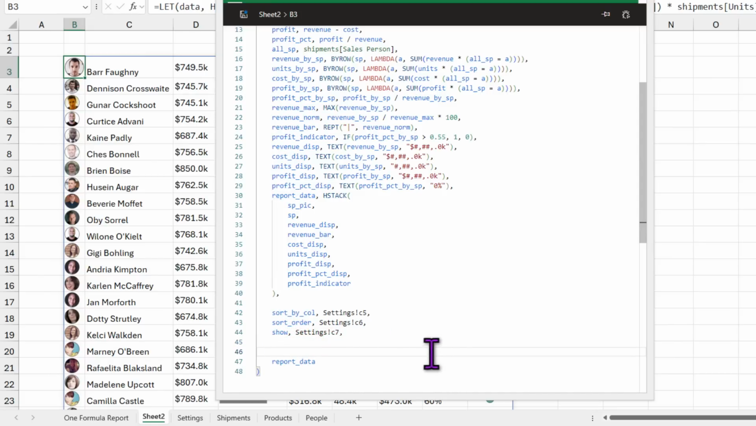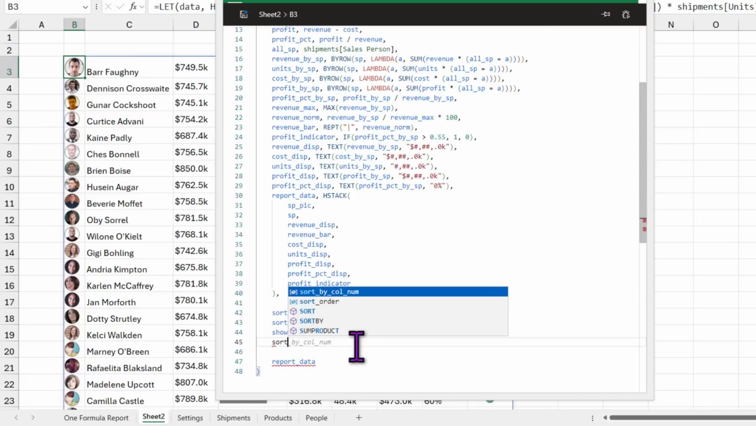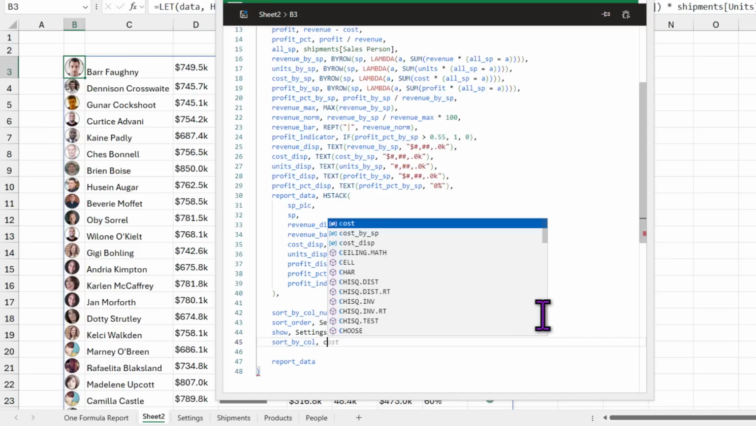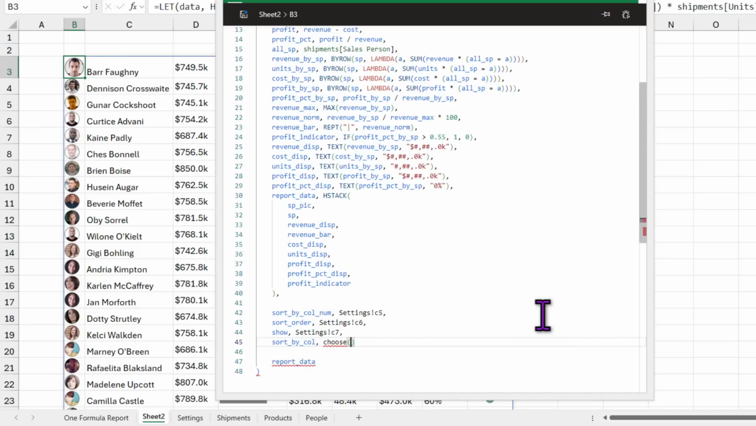In order to sort, what we will need to do is take the report data and then sort it by one of these columns. So sort by column number is this. I'm going to call this column number, and then we'll calculate the column itself, sort by column. So the column would be based on the number. So the number 1 is sales, number 2 revenue, number 2 is units, etc. So based on that, we'll need to pick one of these variables. So we can use the CHOOSE function for that. Choose sort